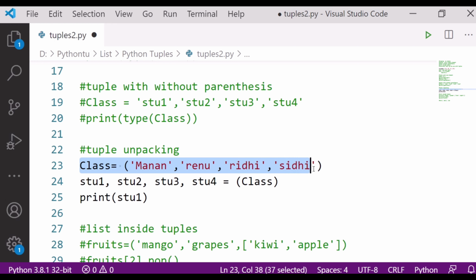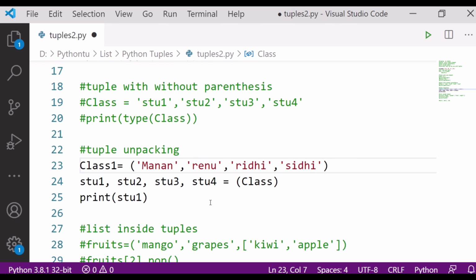Let me write class 1. Suppose I write student 1, student 2, 3, 4 equal to class 1. So what will happen now?